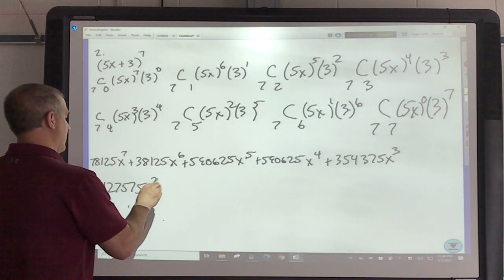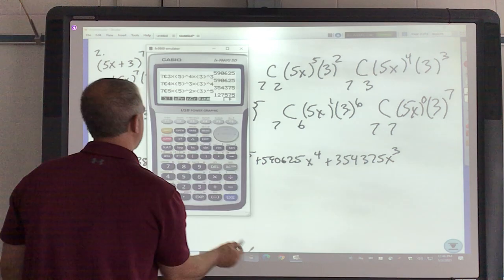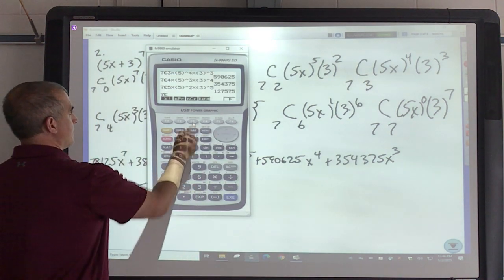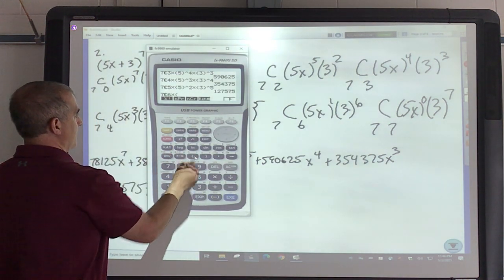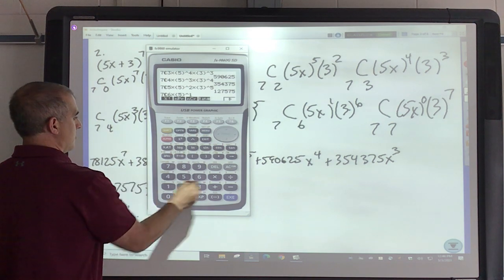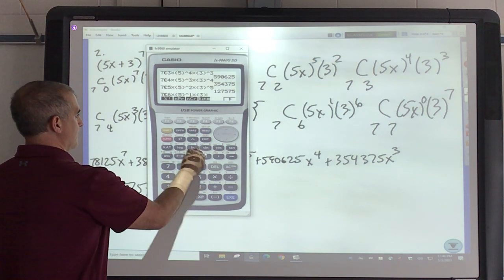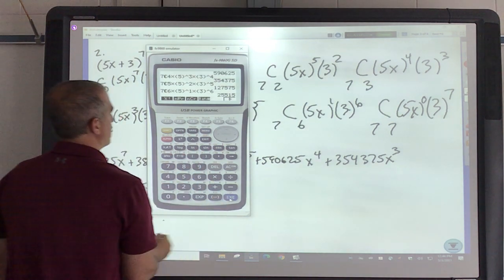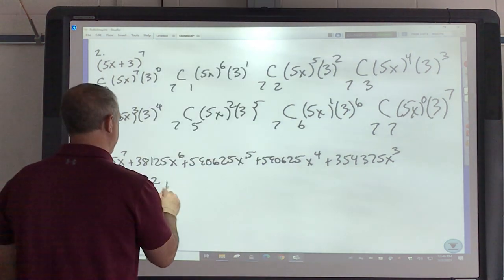127,575 x squared. Then 7 choose 6 times 5 to the 1st times 3 to the 6th. All right, 25,515